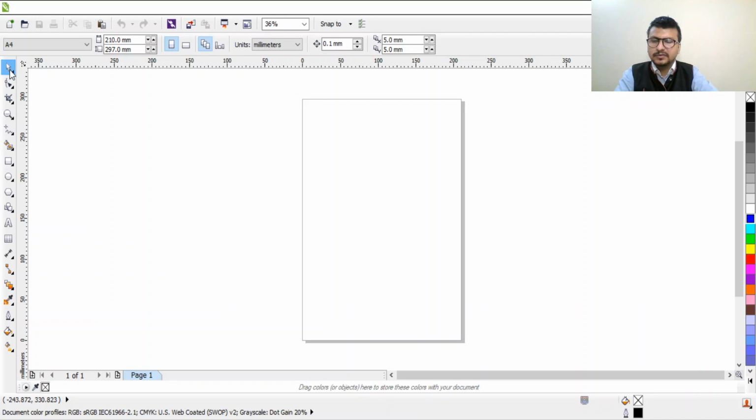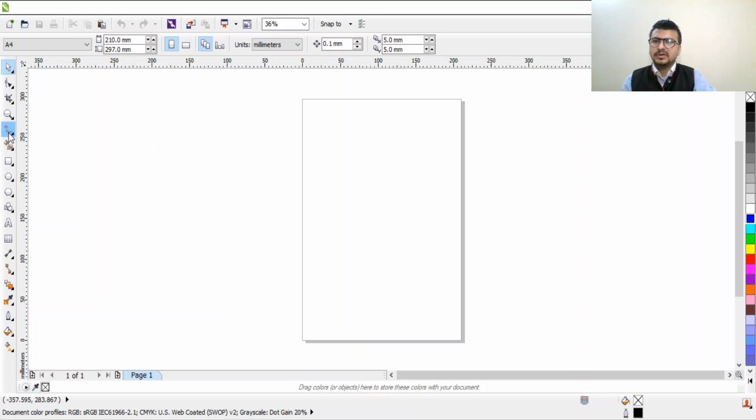The pick tool, the first one, we use to click and drop the design elements here and there. With the shape tool, if we create any shape, then after creating it we can change the dimension of that shape, or convert it into a complex shape. Third one is the crop tool, you can crop the image. Fourth one is the zoom tool, used to zoom in and zoom out of the image. If you're working on minute elements of the design, you can zoom in, make the changes and corrections, and get back again to the normal screen.